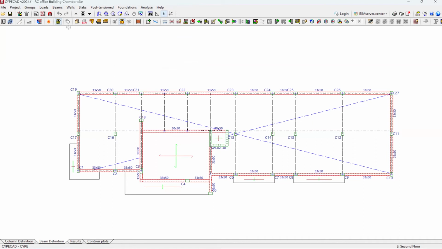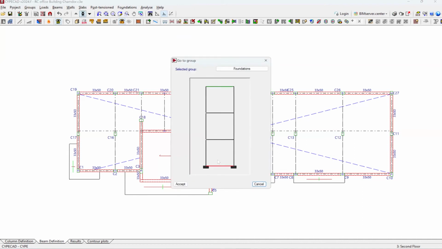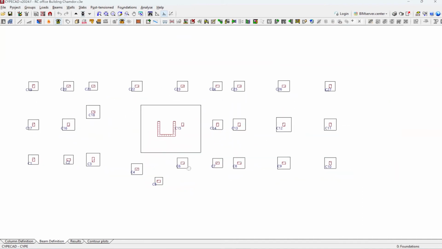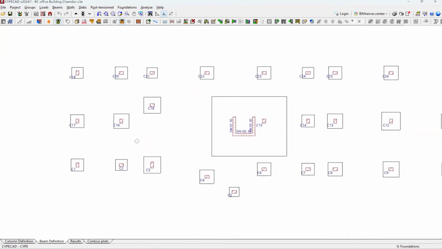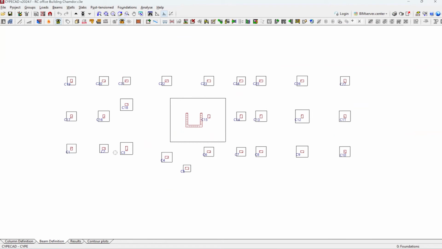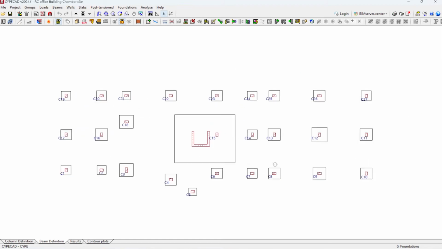CYPECAD. Then in terms of the columns, for this specific project, we had a geotech that was favorable. The soil is favorable for a normal foundation. So we had to assign the column foundation. So, how did we do that? To all the columns, we